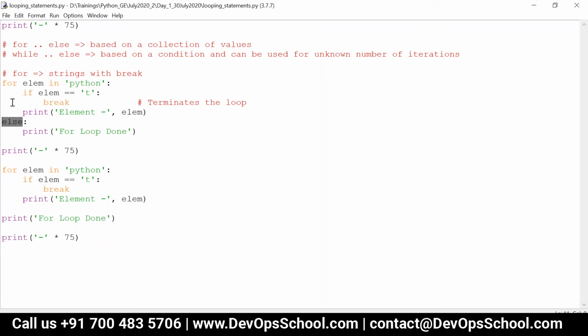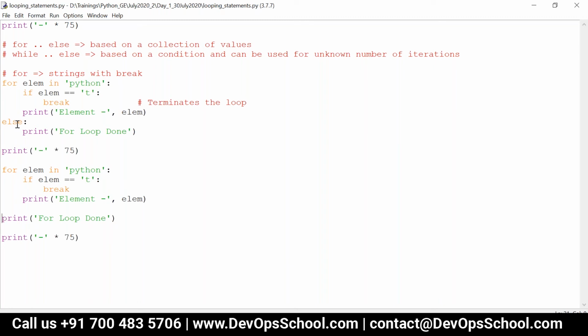So else clause is part of for. So it comes to this particular statement. This for loop done will never be printed when you use break. But consider in this case, here also whenever I execute break, it comes out of the for loop. But over here, it comes to this particular statement because it is outside the for loop.